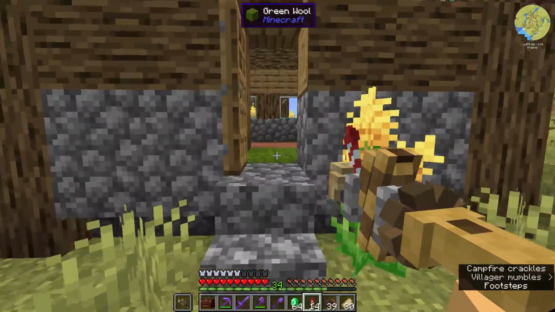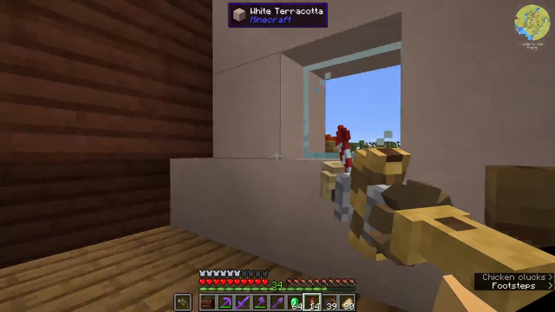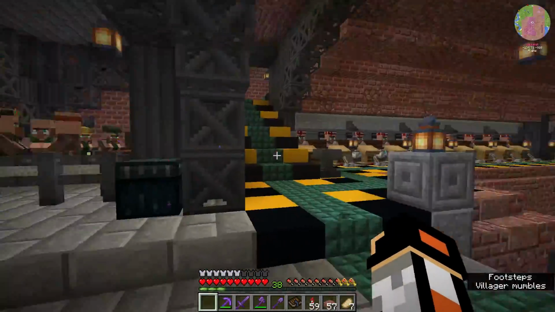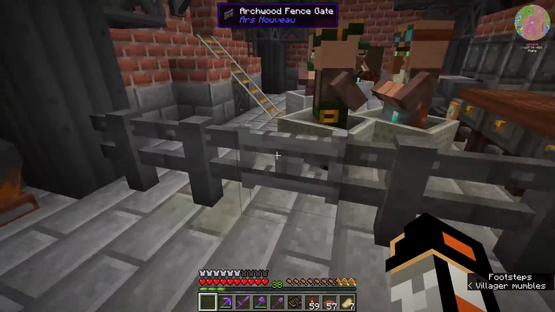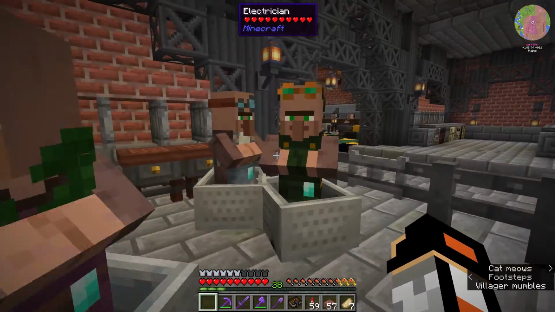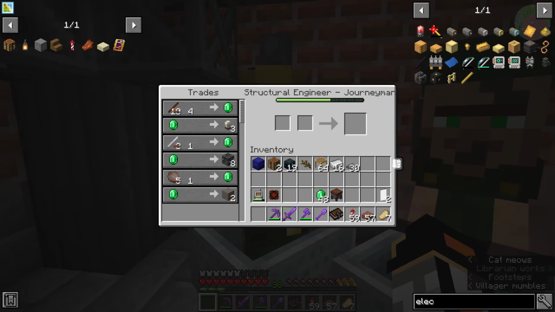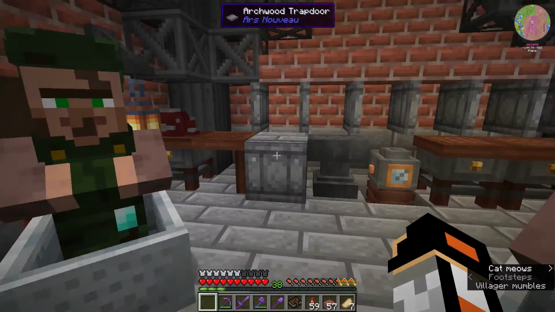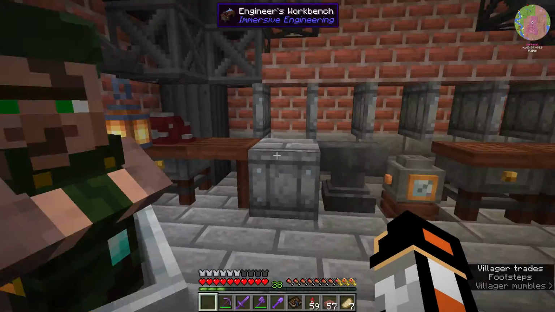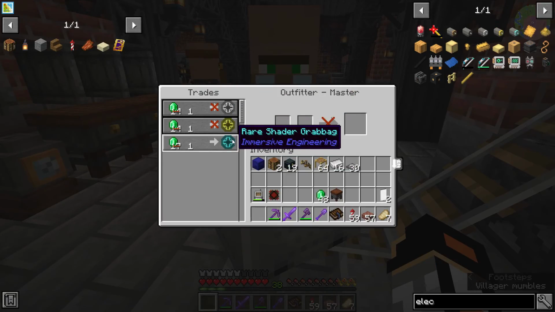So after an hour flying around looking for villagers with this villager in, I had no luck. So I thought there's got to be a better way. I've got a villager breeder, so it's got to be a special block. After a little bit of research I found out that there are 5 unique types of Immersive Engineering villager. Those are the structural engineer, which comes from these crafting tables, the machinist, which is tied to the anvil, and we have the Outfitter, who sells shaders,